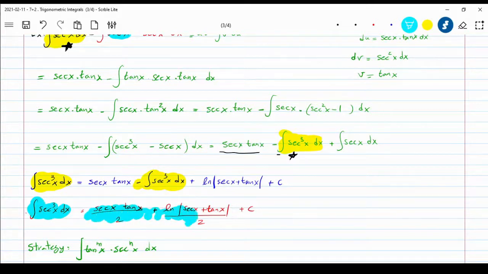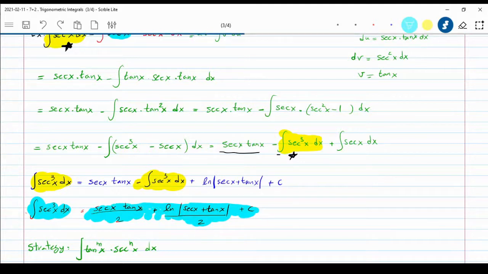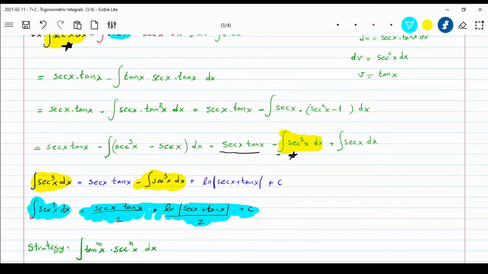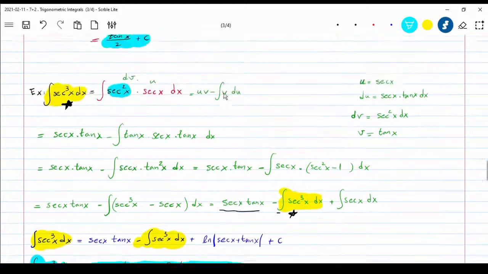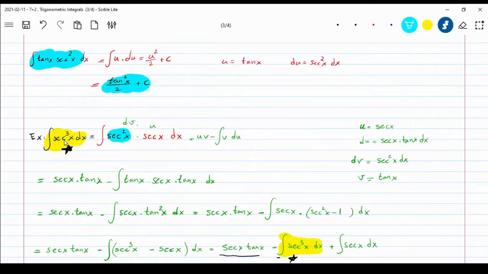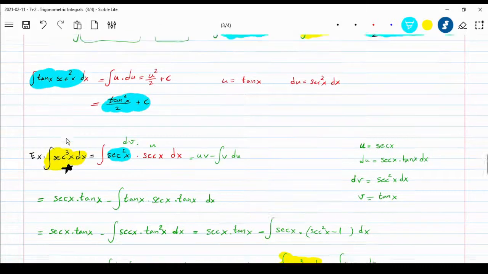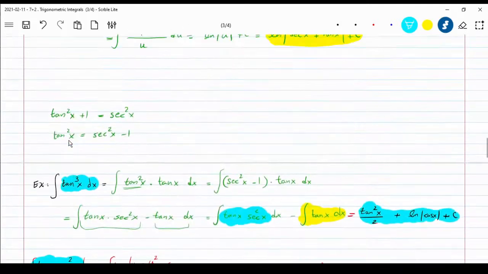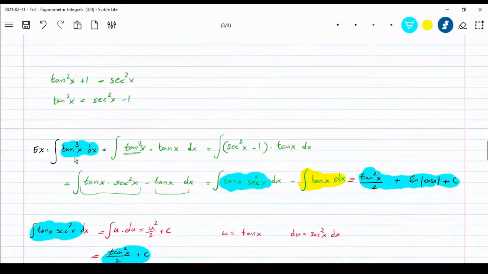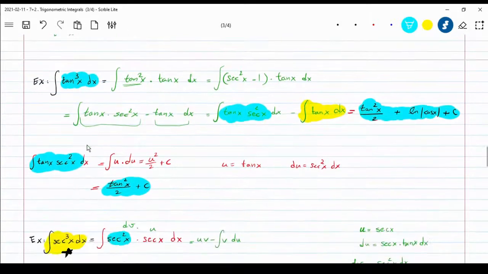This is the integral. And the tactic was similar to what you normally do for integration by parts: you go back to the same term, but on the opposite side. So you move it to the other side and divide by 2. Okay. Generally, this is the case when you're dealing with secant to an odd power. If it was an even power, we could have dealt with it in a simpler way. So let's see the